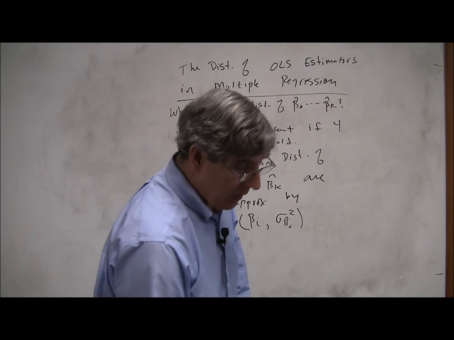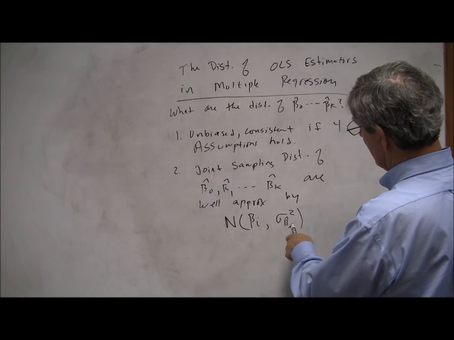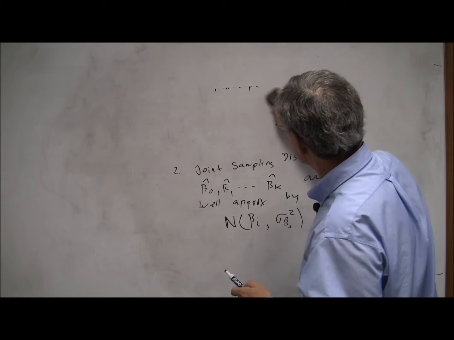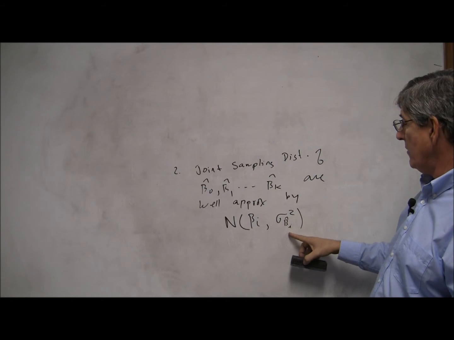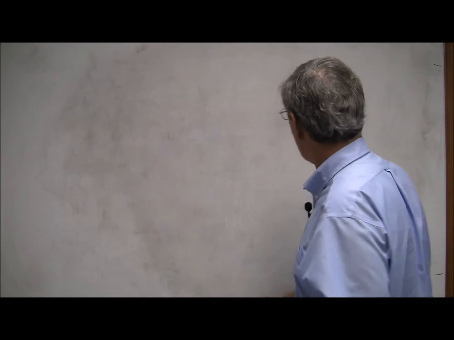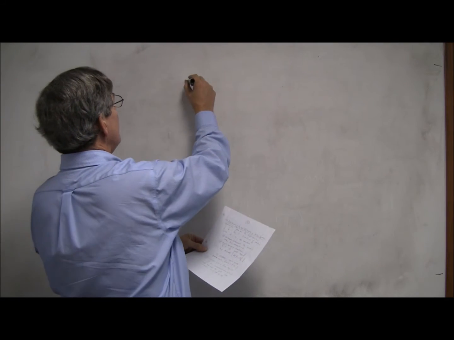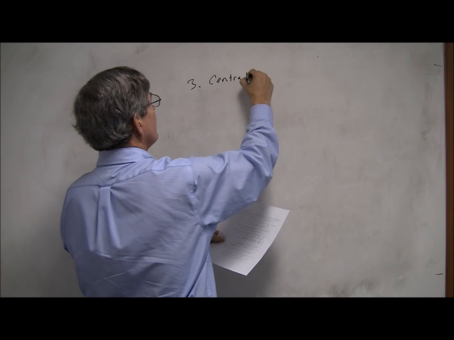So just like before, they're distributed normally with this mean. They're unbiased and consistent, and that's the variance. There are formulas for those variances that we could write down, but they're very, very complicated, so we won't do it. But the point is that these things are normally distributed, so hypothesis testing isn't going to be all that difficult because we can rely upon the normal approximation. And that's just another way of saying that the central limit theorem